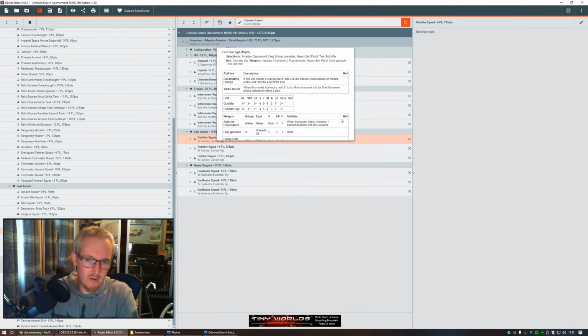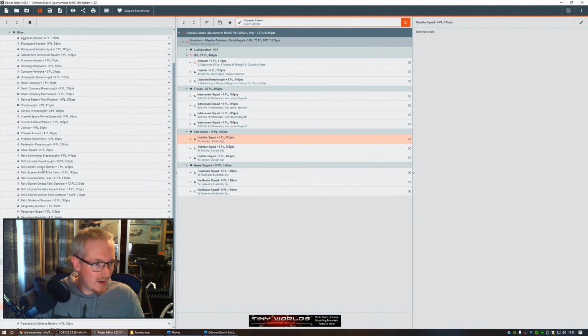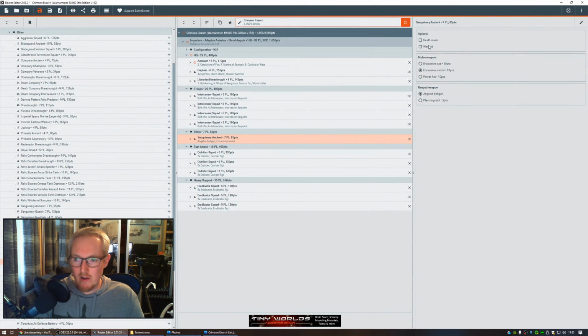So Outriders with a priest is very interesting, but this list just has the Outriders, so we'll just keep moving on. We also have the Sanguinary Ancient, it's not actually a Sanguinary Guard Ancient, it's just a Sanguinary Ancient, and quite often on the Ancient there's